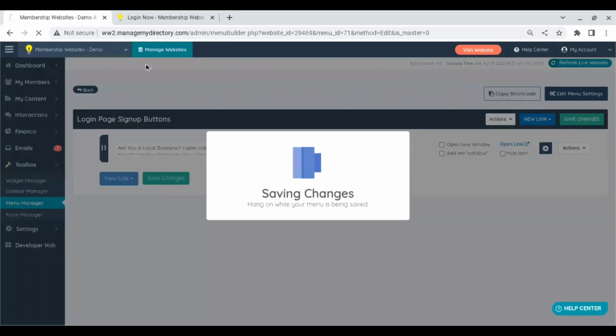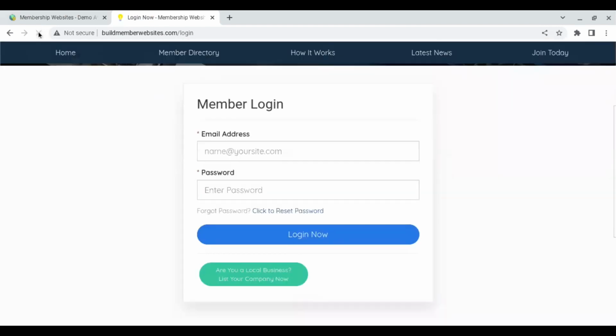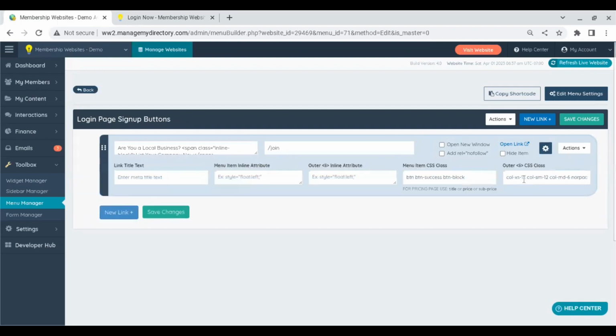and then save, when we go back to the member login page and refresh, we can see now we've just got one button. So how do we make that central? We go back to the menu manager and login page sign up buttons, click on the cogwheel, and we can see in the outer class